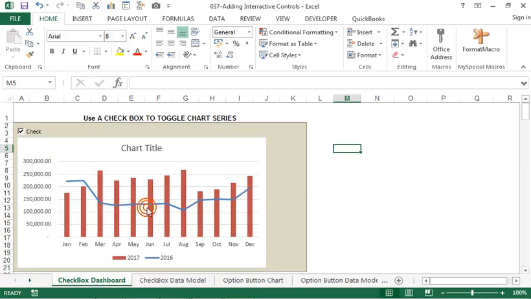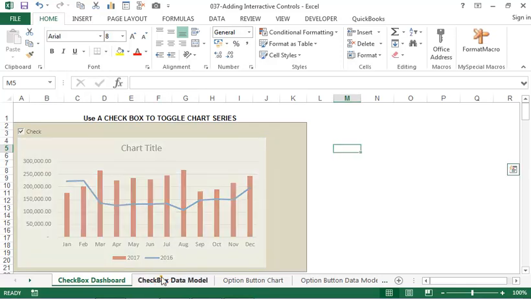At times you can add more than one chart series that you want to turn off. So you can make two chart series be off, but at any point you want one or more chart series to show. So you have to use the